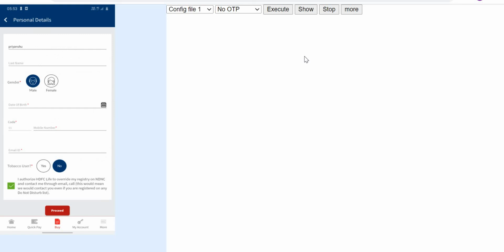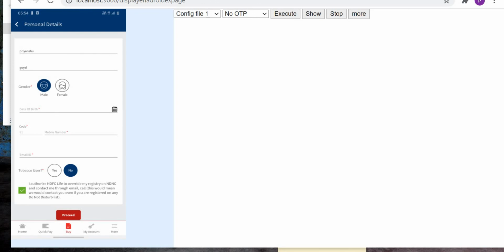Hopefully you guys are able to see whatever is happening. I've slowed down the execution part. I've put in that wait time for demo purposes so that you are able to capture whatever is happening. Yeah, so it has executed. So it has filled in information, clicked on female and then clicked on male again, right? Now